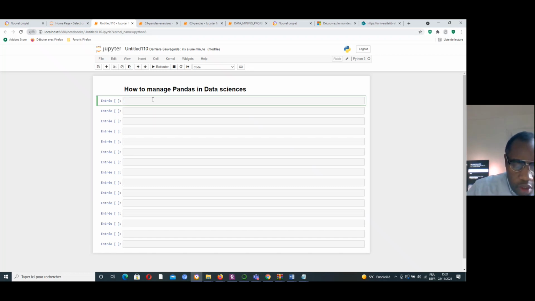The first thing to do here is to import pandas. Import pandas as pd.